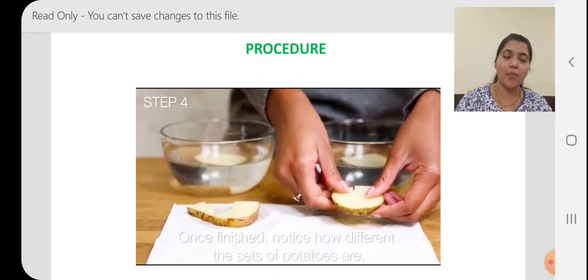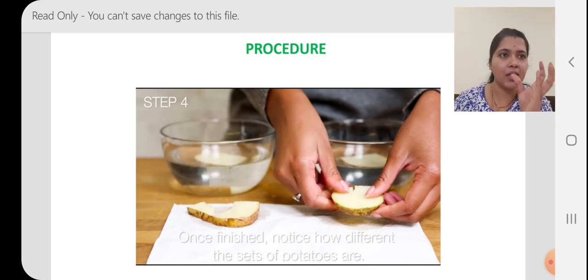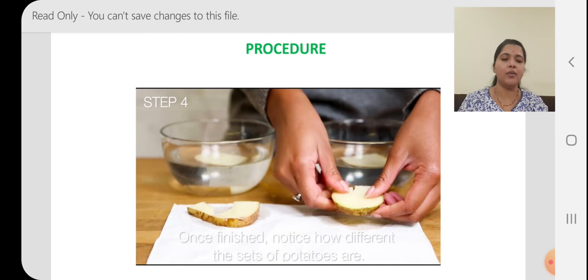Coming to the procedure of this experiment, children. So take a raw potato and boiled potato, both. Peel off the skin. Cut cube shaped cups from them. So you make a cup like potato. You use the knife and make it a hollow. You remove all the part of the potato which is present inside and make like a cup, hollow cup. How the teacup will be, in that way you make the potato.